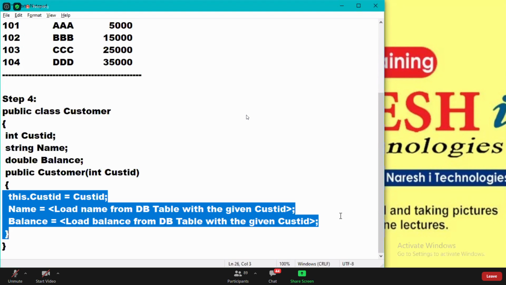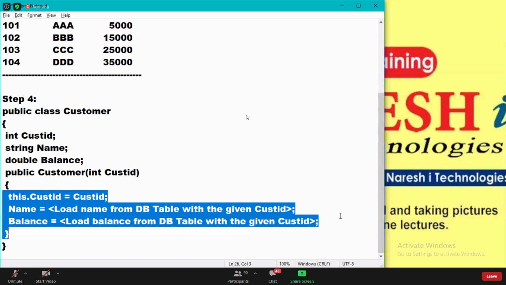Are you guys clear? It is going to load you the data from the database. It is just going to load you the appropriate data. Once the data is loaded, the memory will be allocated. The data gets loaded and immediately the memory is going to be allocated for you there.